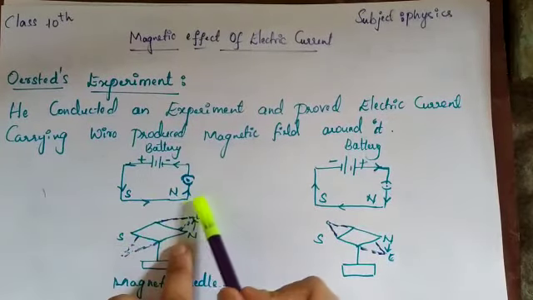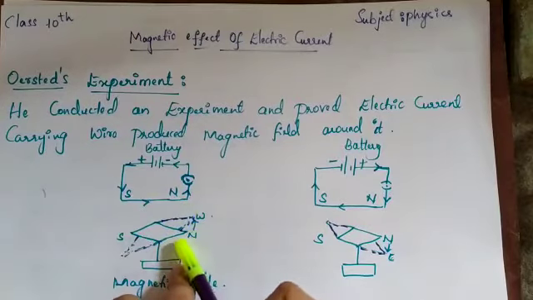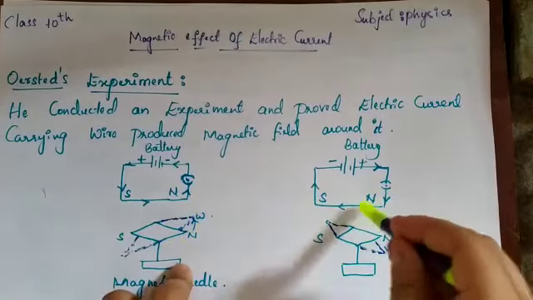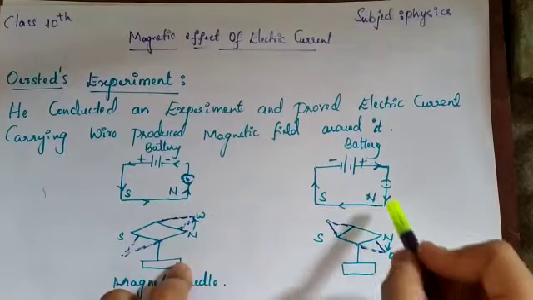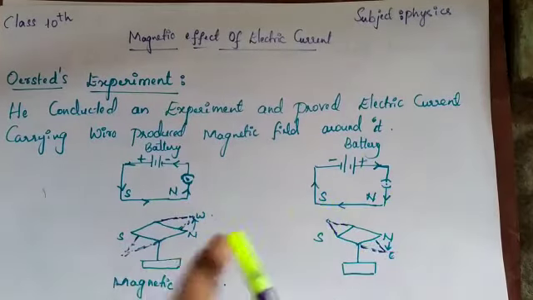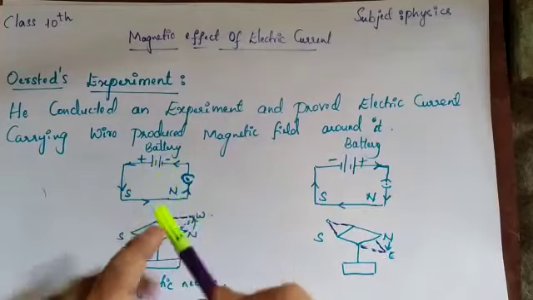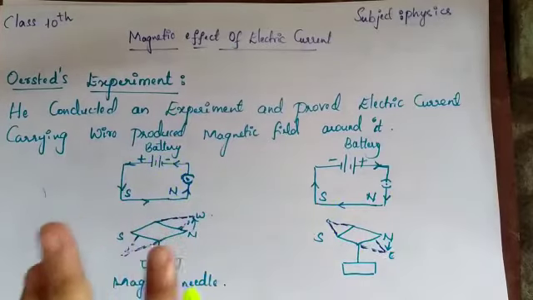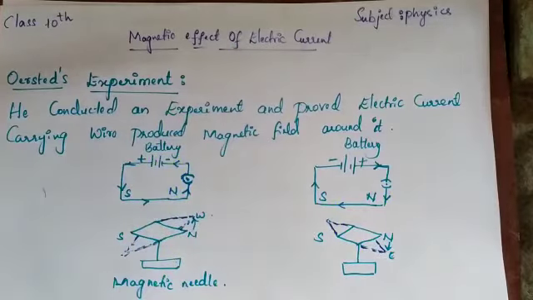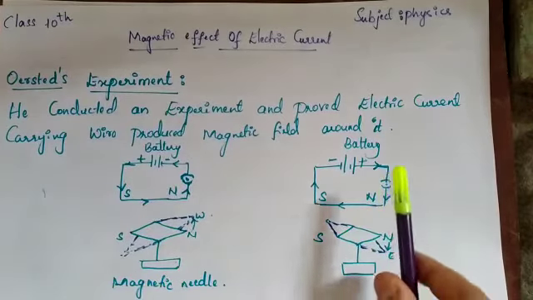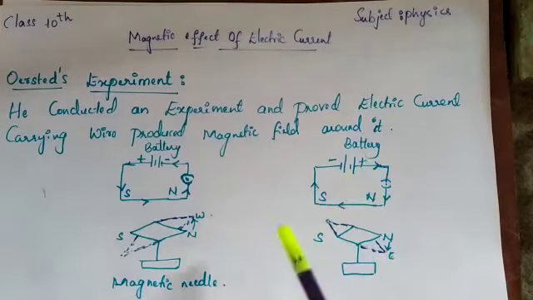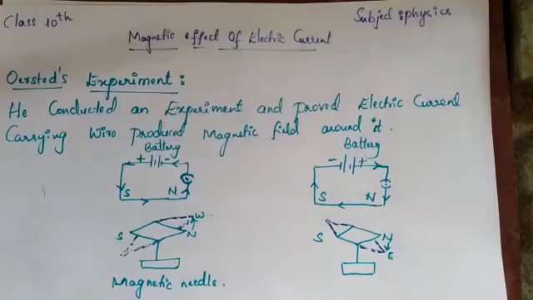When electricity passes, what happens to the magnetic needle? In the same copper wire, when electricity is passed from north to south, that means I have changed the direction, I have changed the polarity of this battery, the positive side to the negative side. You can do it like that also. So what happens when the current flows from south to north? How will the deflection show? Same thing when electricity passes from north to south: how will the magnetic needle show the deflection?